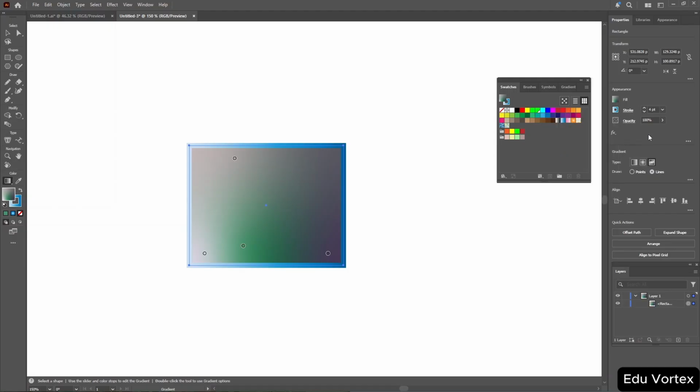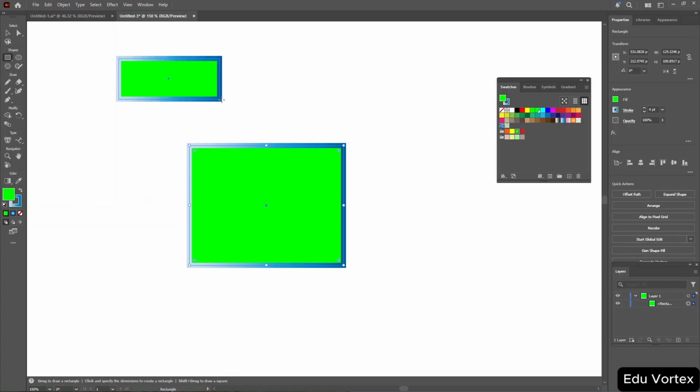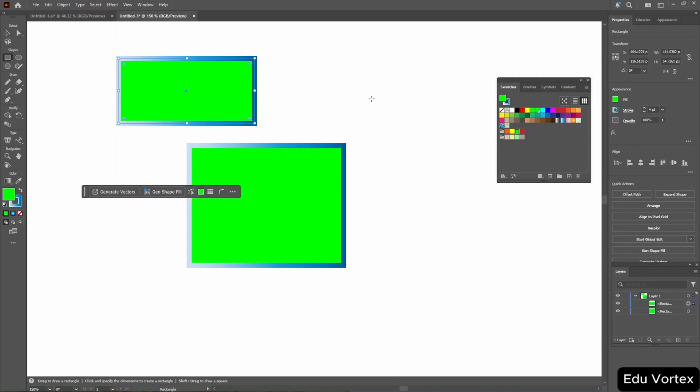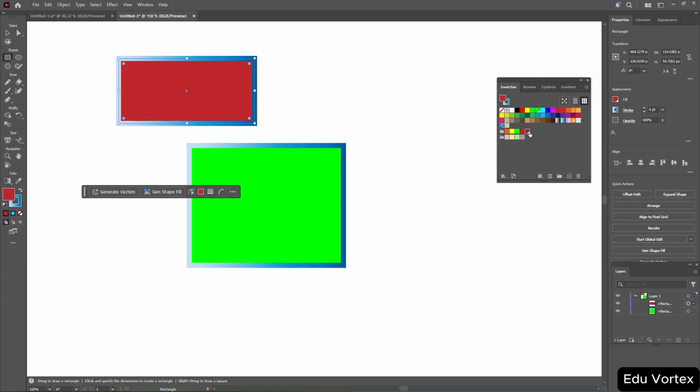Now let's talk about global color. If I add a color from this, and now I add a color here, and change this to a different color. This is a normal color, but if I add a new color to the swatches, I'll have this option to make it global or not global. So now, if I change this color after using this,